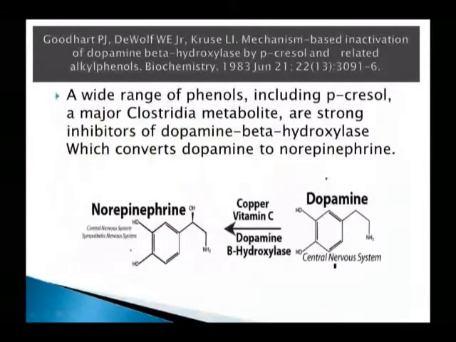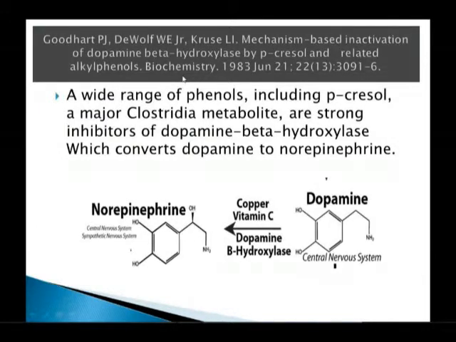Well, it turns out, based on some research in the Journal of Biochemistry, look how far some of this stuff goes back. 1983. I love when I hear doctors, traditional doctors, say there's no research to support any of this. There is tons of research, stuff that goes back years and years and years. It's just that most docs in the traditional medical community haven't bothered to look, and so it's just convenient to say there's no evidence or no research exists. It's ludicrous.